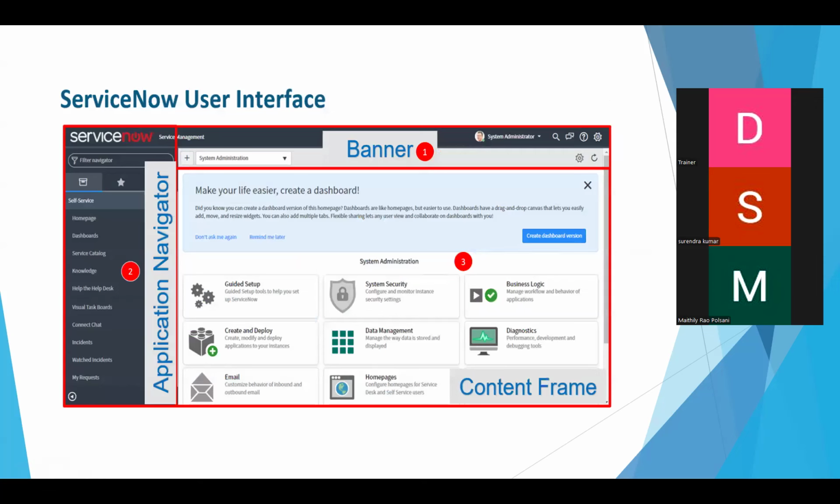Next is the ServiceNow user interface. First we have something called the banner frame. Here, this is the banner. Then the application navigator. This is the content frame. The banner is nothing but the top one, and